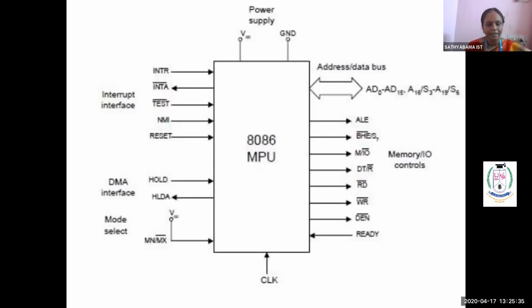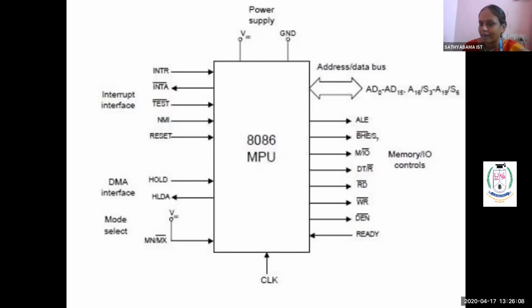Okay. So here I have grouped them in the form of signals. Definitely, any IC needs a power supply. After that we have DMA, direct memory access, with the HOLD and HLDA signals. Then interrupt signals are there. Then mode select. I told you minimum and maximum mode. We have one pin, and that pin decides the minimum mode or maximum mode. Don't just say minimum and maximum: single processor, multi-processor. Minimum means single processor unit. Maximum means multiple processors. Then it is easy for you to understand.